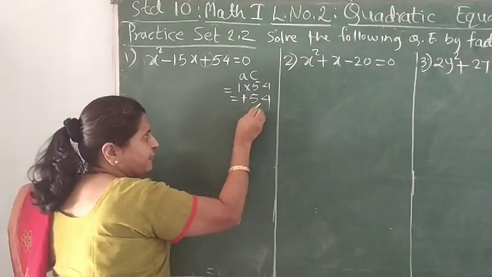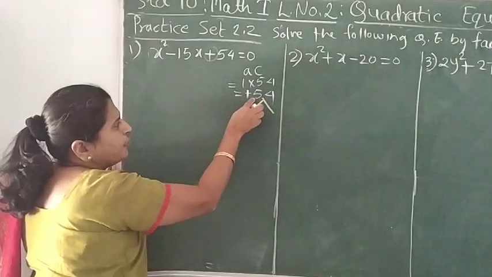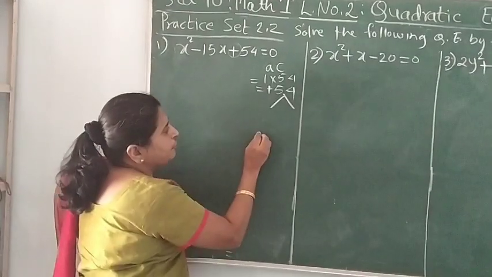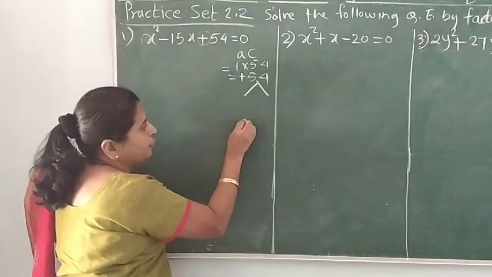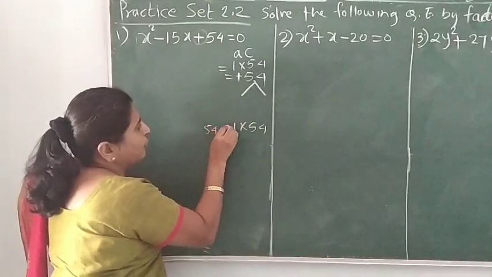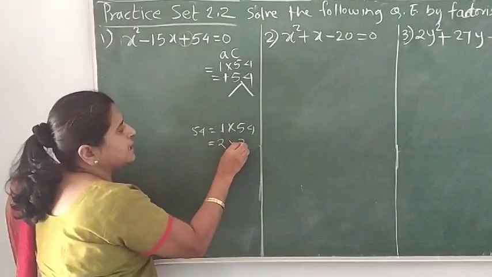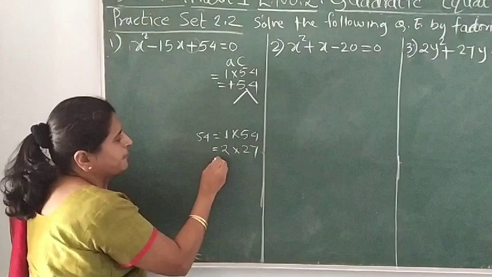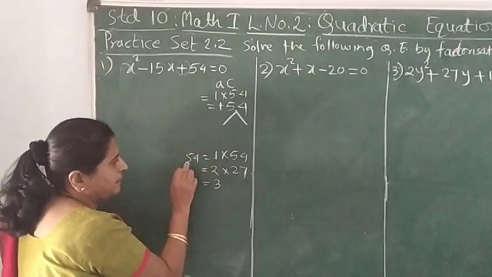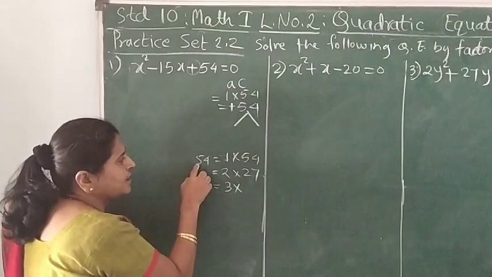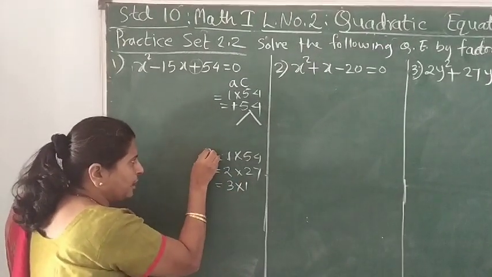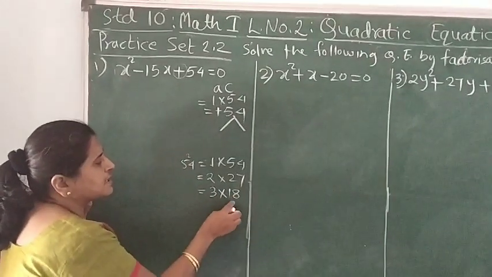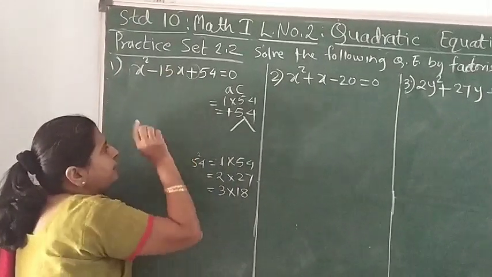Now we have to factorize this 54 in such a way that the addition of the factors should be equal to 15. Okay. So what are the factors of 54? If you start with 1, 1 into 54 is the first factor pair of 54. 2 27s, or 27 2s, are 54. We want the addition to be 15, it is not 15. Is it divisible by 3? Yes, it is divisible by 3 because 5 plus 4 is 9. So if I divide 54 by 3, 18 3s are 54. What is the addition? 18 plus 3, 21. We want the addition to be 15.